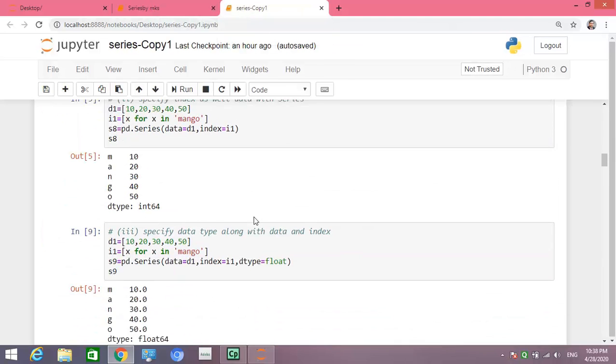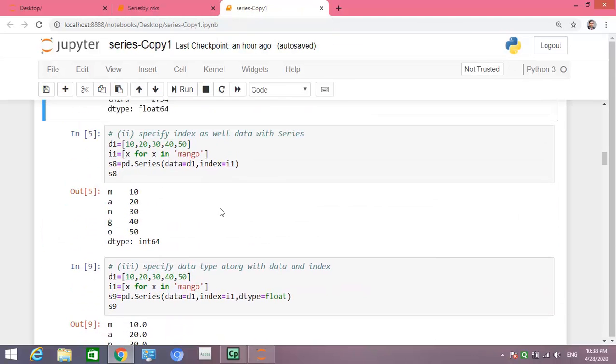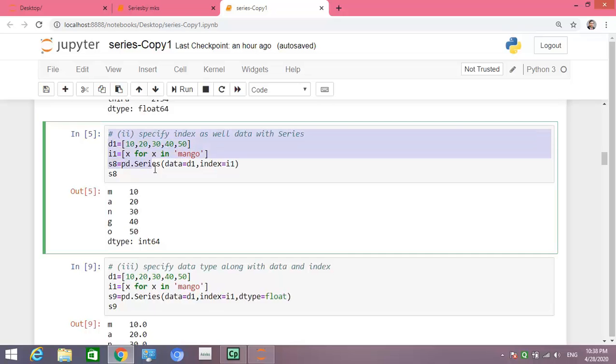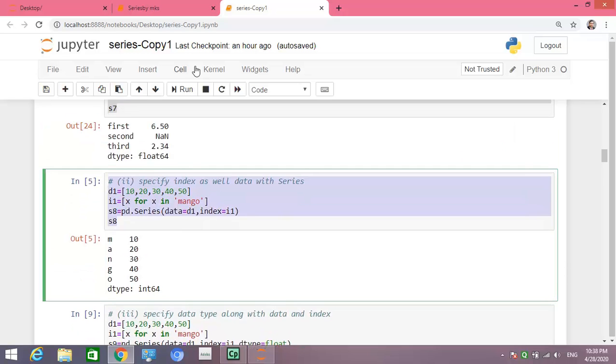Next we will see accessing series and giving data and index using a variable.